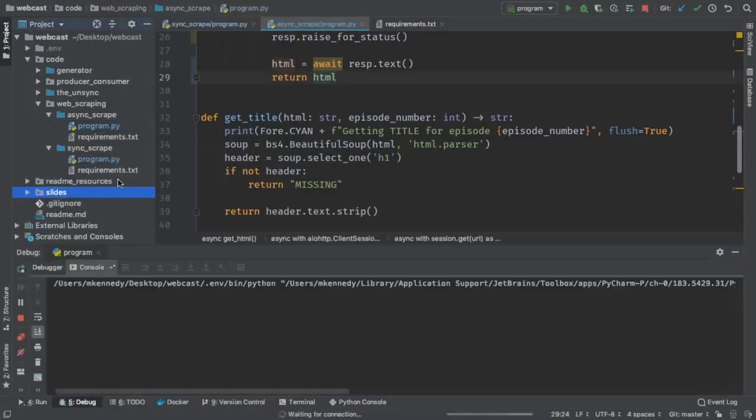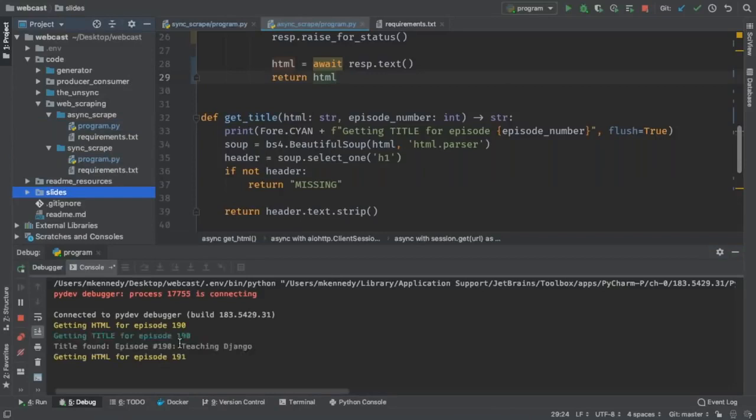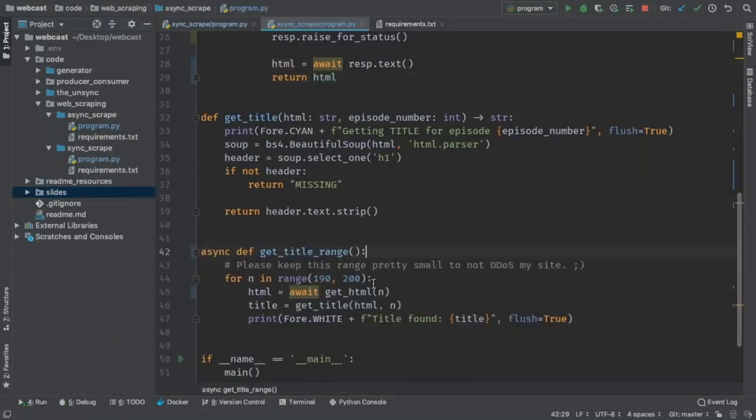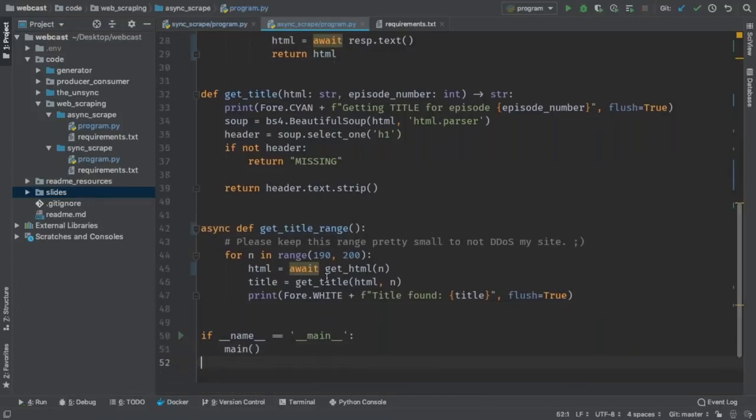Here's the new one. Okay, that's fine. Looks the same, right? So what gives? Why is this not any better at all? Well, the reason it's not any better is what we're doing here is we're saying, I'm going to go down